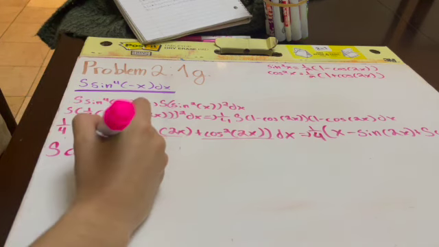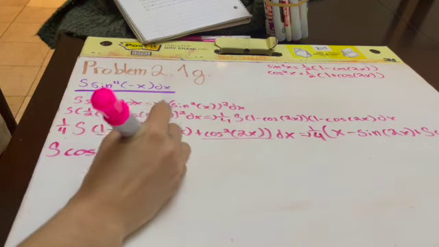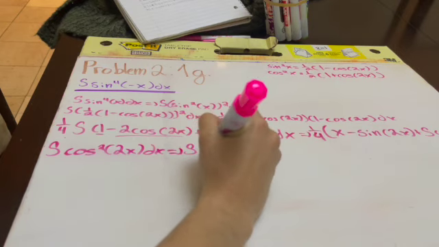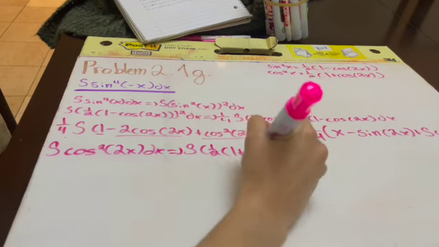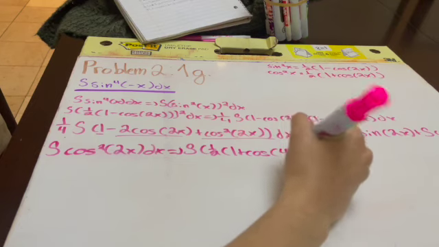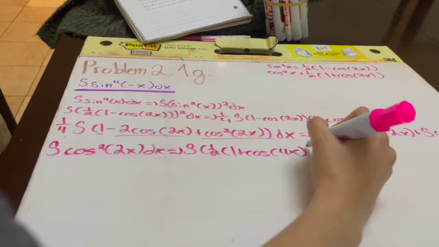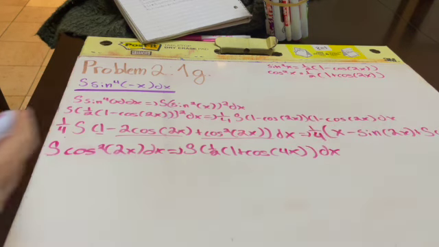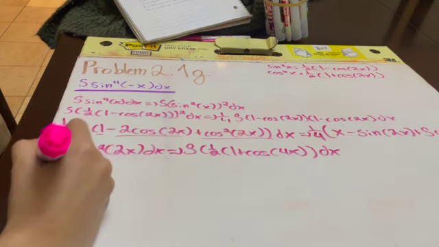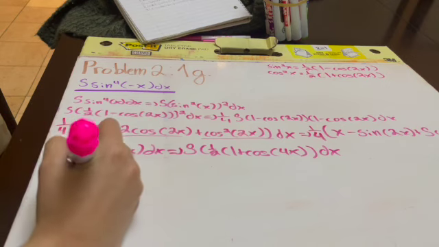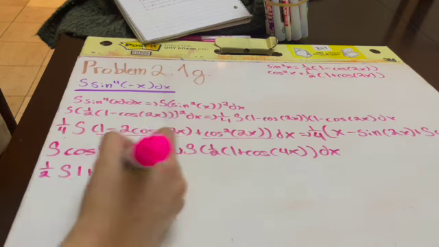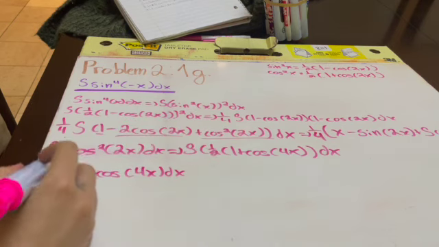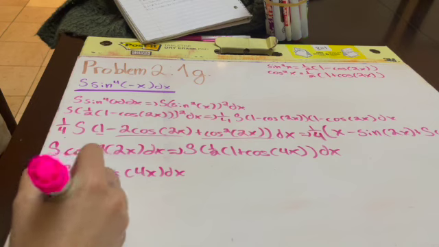It's cosine squared 2 of x dx. And that's going to be 1/2 (1 plus cosine 4 of x), because you have to double 2x, dx. And then that 1/2 gets taken out, so it's 1 plus cosine 4 of x dx, and then that becomes 1/2 x